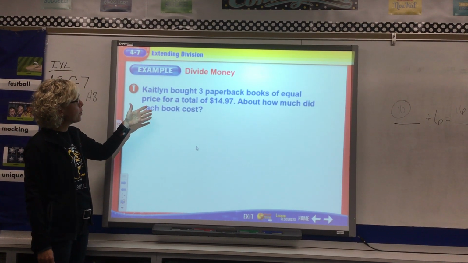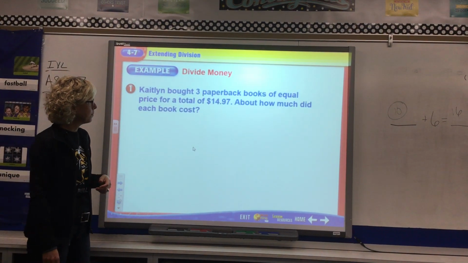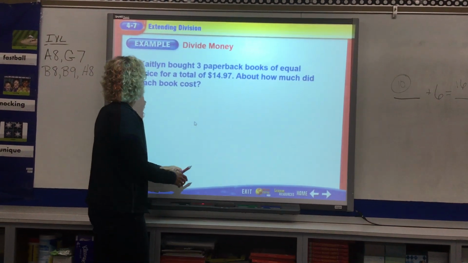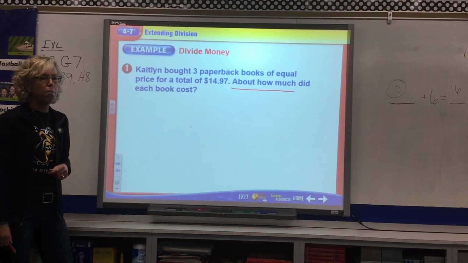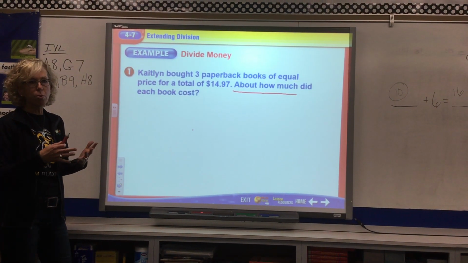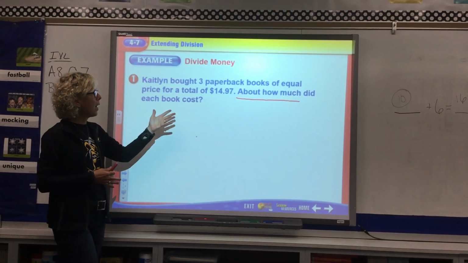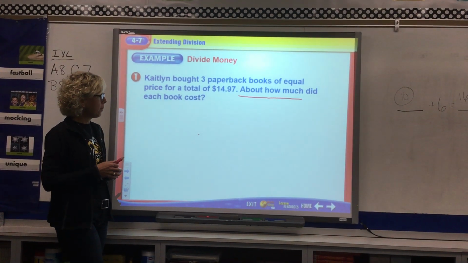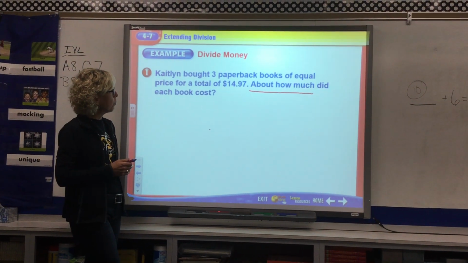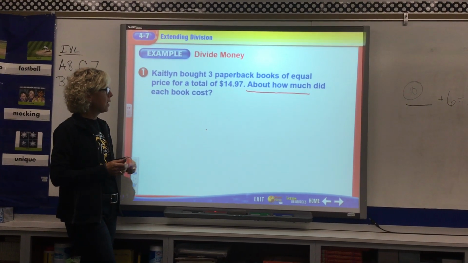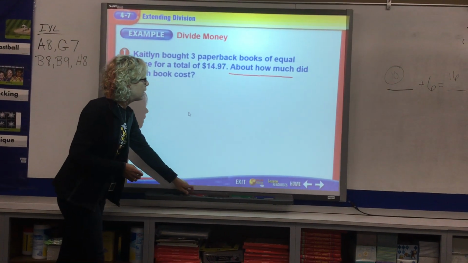Okay, so Caitlin bought 3 paperback books of equal price for $14.97. About how much did each book cost? Now when you see the words "about how much," that screams to us that we can estimate. And when we estimate, we want to choose numbers that we're able to solve mentally. So if you have 3 paperback books and a total of $14.97, if you were shopping, you would say,